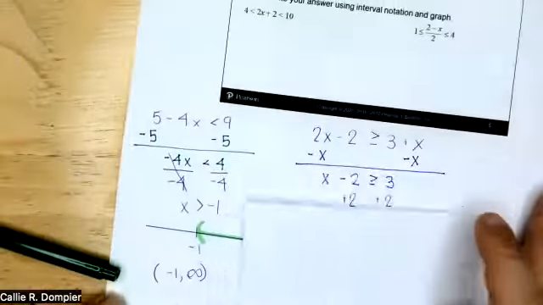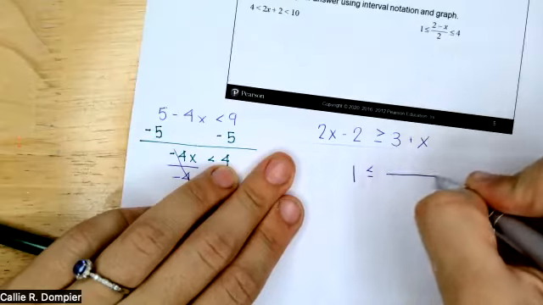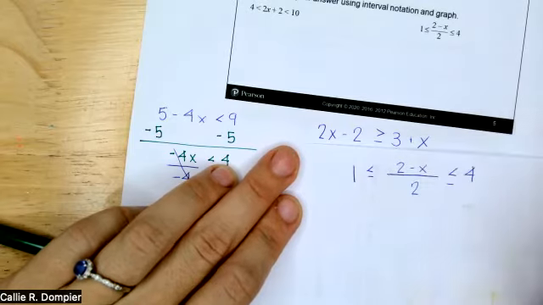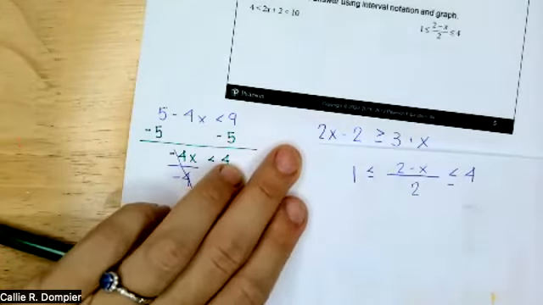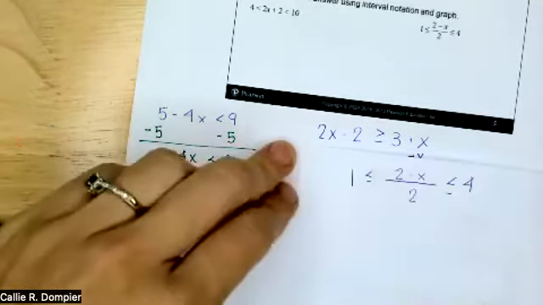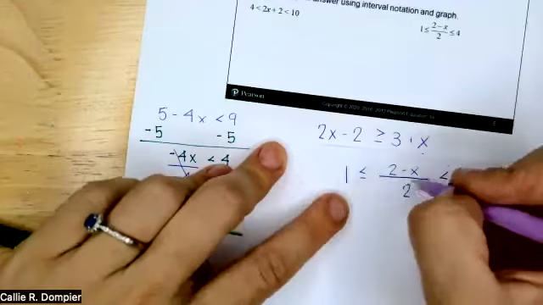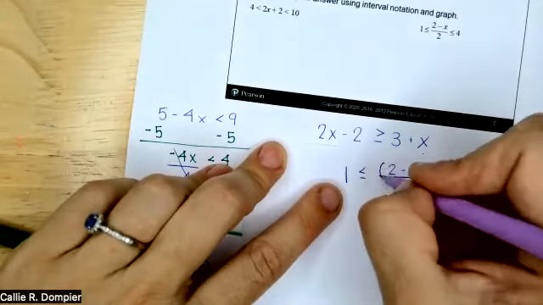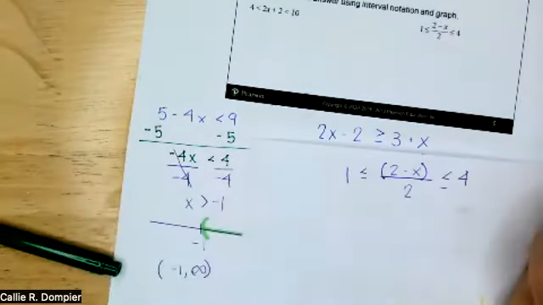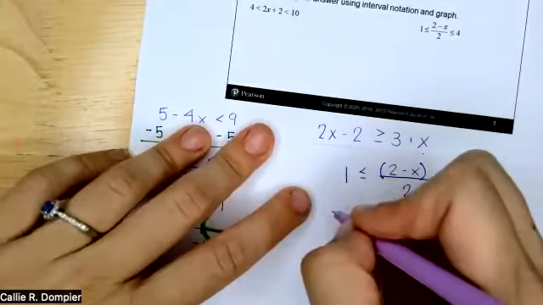The last example was 1 is less than or equal to the quantity 2 minus x over 2, which is less than or equal to 4. Good? All right. Here, everything that's happening to x, we need to undo, and make sure we undo it in all 3 sides, 3 parts. So most importantly, this entire quantity is being divided by 2. So if I want to get rid of being divided by 2, just like I would get rid of any other fraction, I want to multiply everything by that denominator. So I'm going to have 2